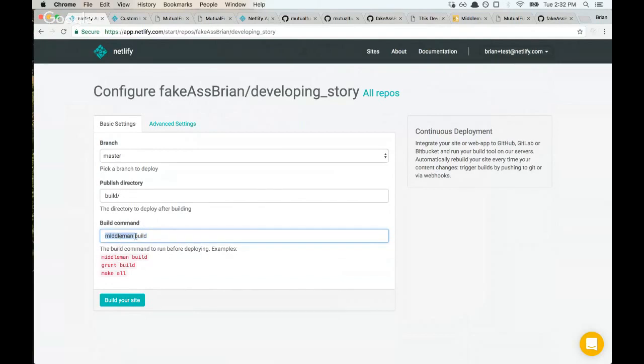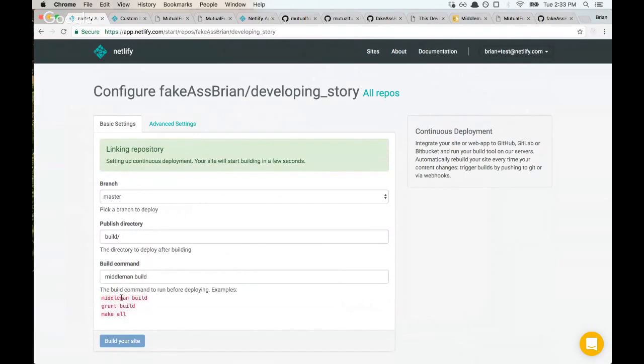If we're incorrect, which most of the time we're not, I guess that kind of sounds pretty full of us. But yeah, most of the time we're not, to be honest. And we'll actually try to guess your build command for you, and also where your public folder is. Your public folder is where everything gets built to, where your index.html is. Since Netlify already knows this, I can just go ahead and hit